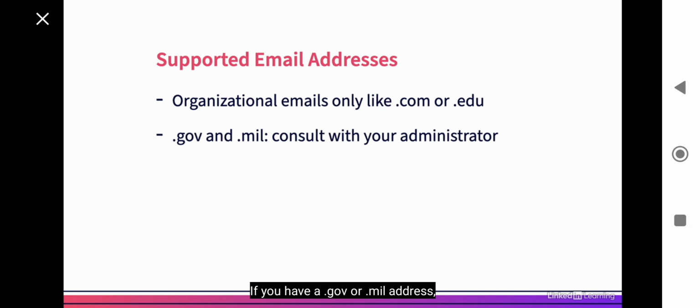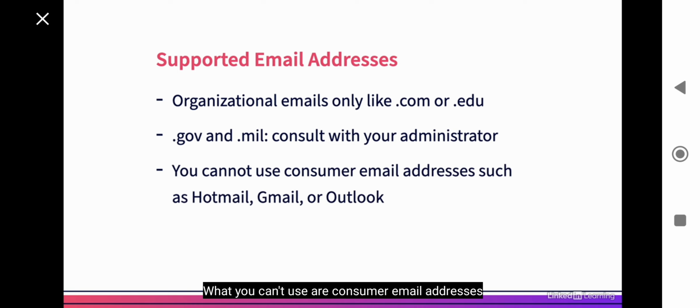If you have a .gov or .mil address, if you work for the government, then consult with your Power BI administrator because the process is a little bit different. What you can't use are consumer email addresses like Hotmail, Gmail, Outlook.com. If that's the only type of email address you can use to sign up for Power BI, there is a